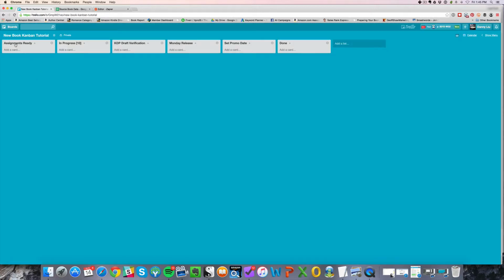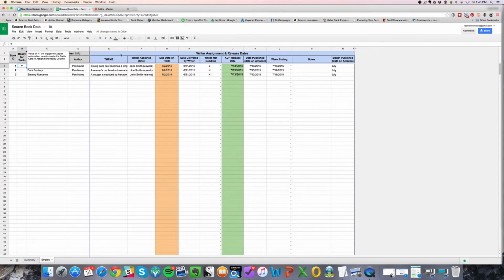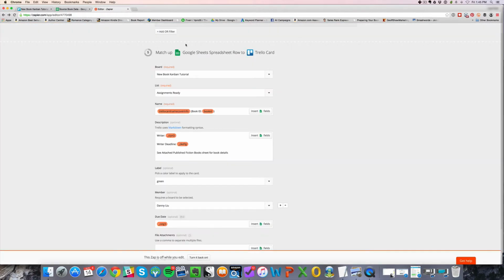I want it to be created in assignments ready because that's the column that my team looks at, and whenever there's a new card in there, they automatically pull it into their work in progress and start managing the writers and getting the covers and things like that. So go back here. So then, based on the information that's highlighted here in orange, all this is basically